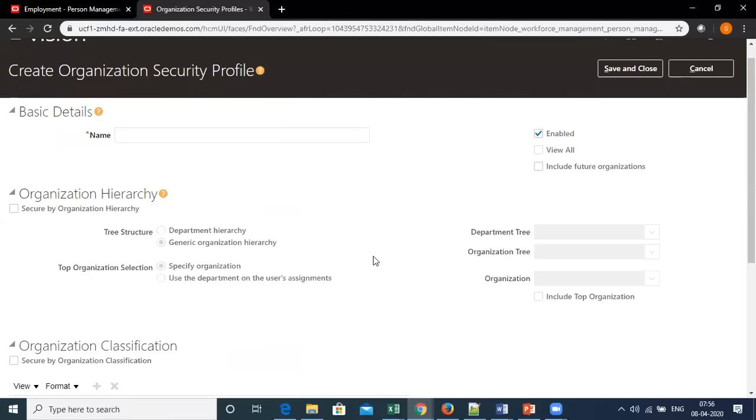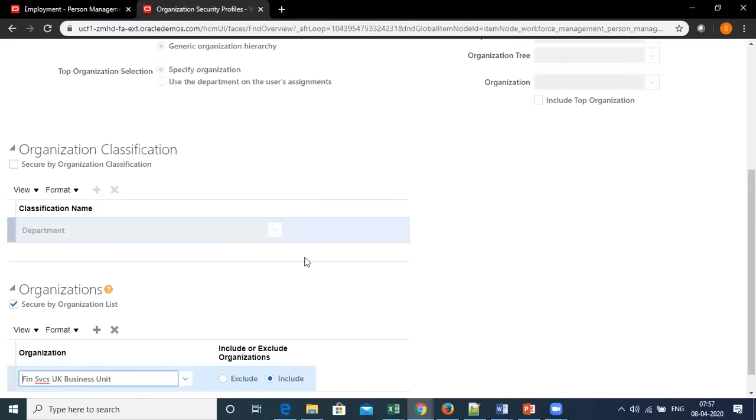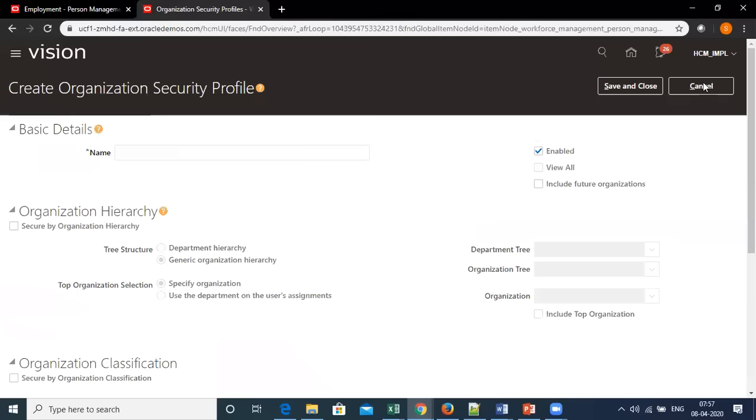Am I clear on this term? Is there anyone who has a doubt on this profile creation, organization profile creation? All right. If you have any concern, let me know, and I'll proceed with this.